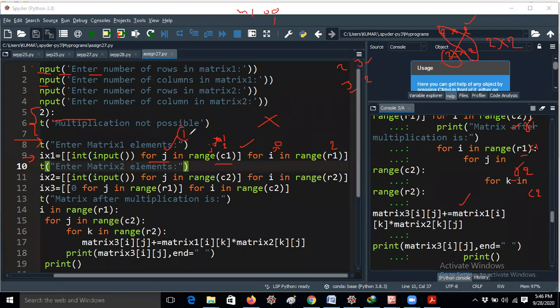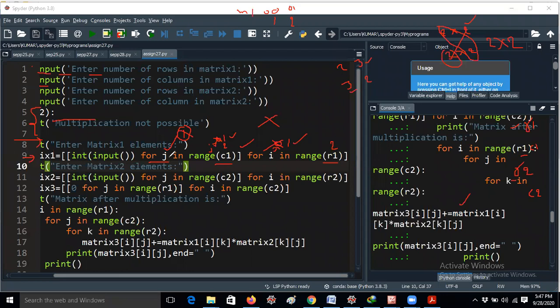Now the value I am giving this time is 2 only. That means here i value is 0, j value is 1. That means the next position is 0, 1, guys. Then again j iterates, but j already reached 0 and 1 because c1 value is 2. That means j iterates only 2 times. Now the condition fails. Whenever the condition fails, the i value will be incremented to 1, because the iteration of 0 is already completed. For i also will range from 2 only, 2 means it will range over 0, 1 only. So the 0 iteration is completed. This is the last iteration.